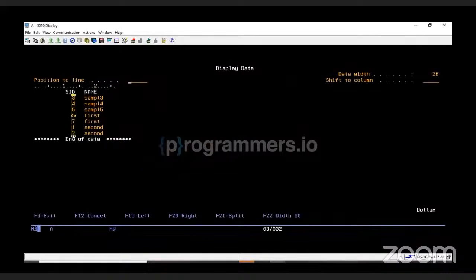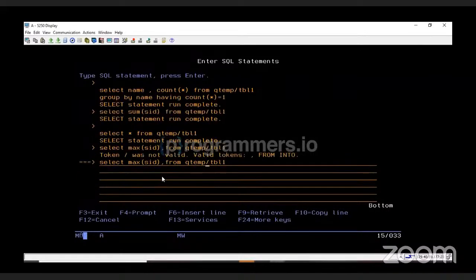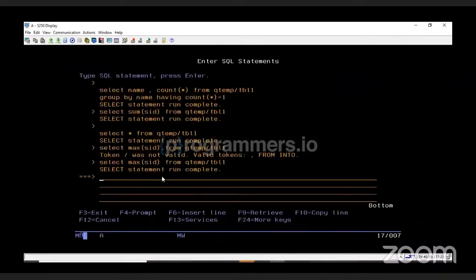All those values add up to 28. Now upon this only the group by function works. So now let's say I also want to check the max of the values existing in the SID column. So I'll just do a max of SID, and the value 7 is the maximum one in the SID column. Okay,